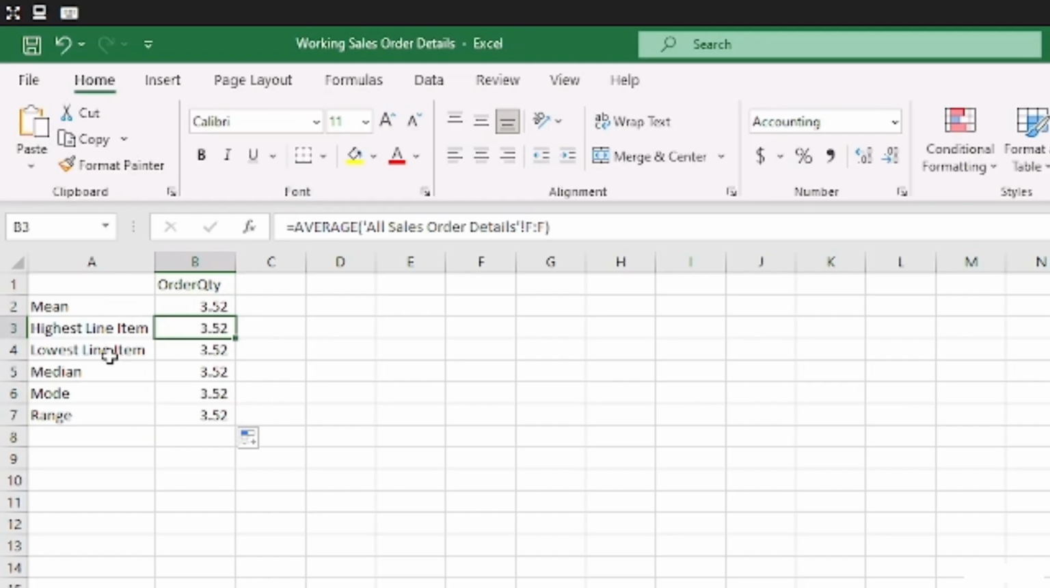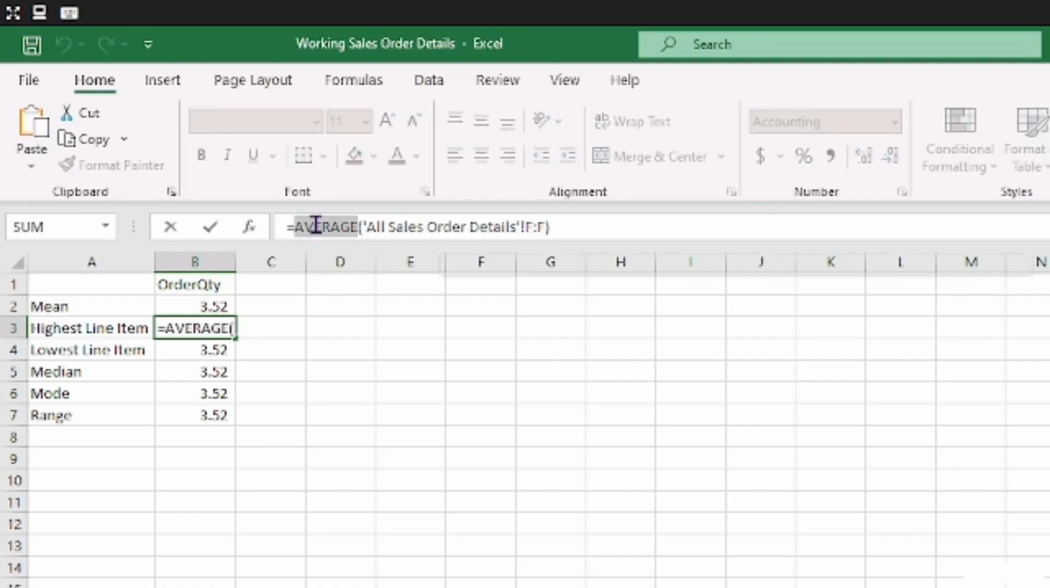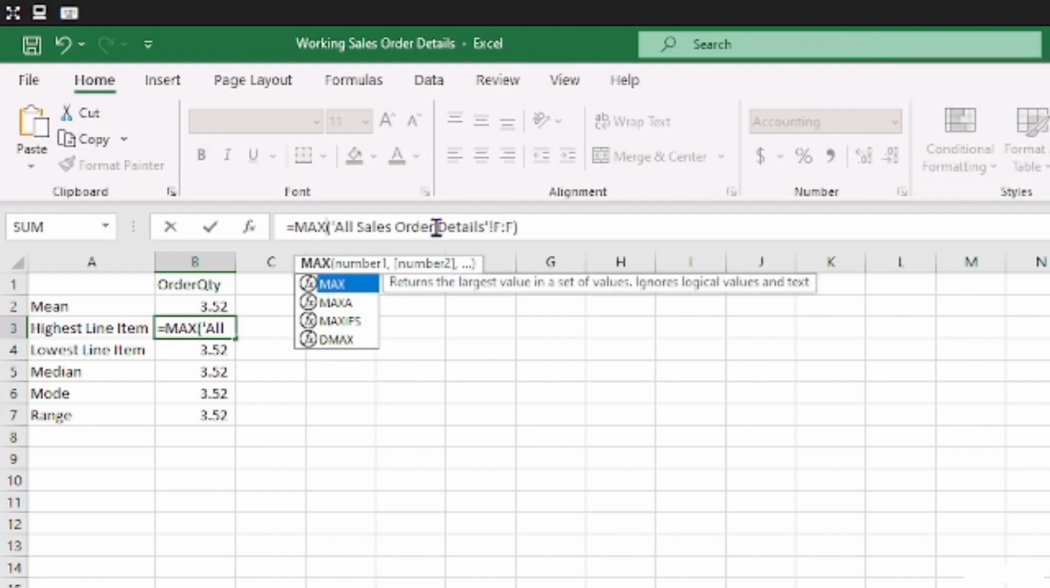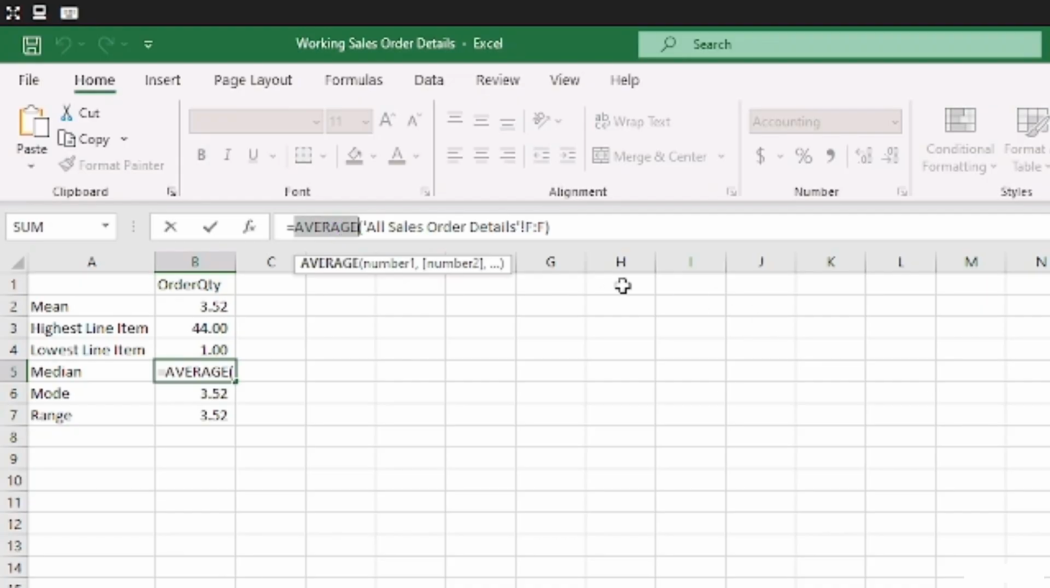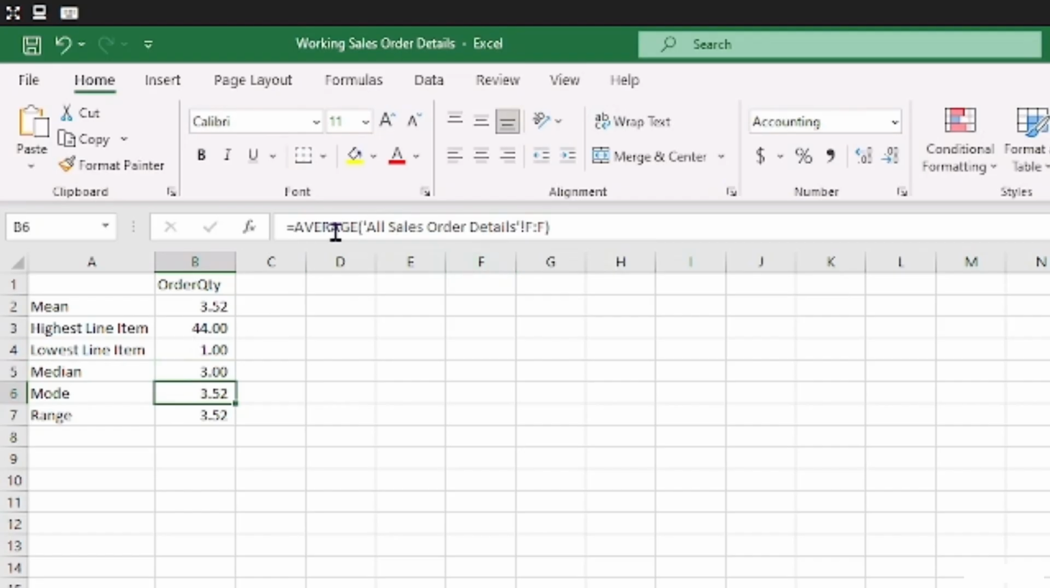And then I'm just going to go in and change the function. So they're all going to be all sales order details for the column of F. But this one, highest line item, I'm going to change to max. Okay, and hit enter. And for the lowest line item, I'm going to put min. So I'm going to min, enter, median, enter, mode,